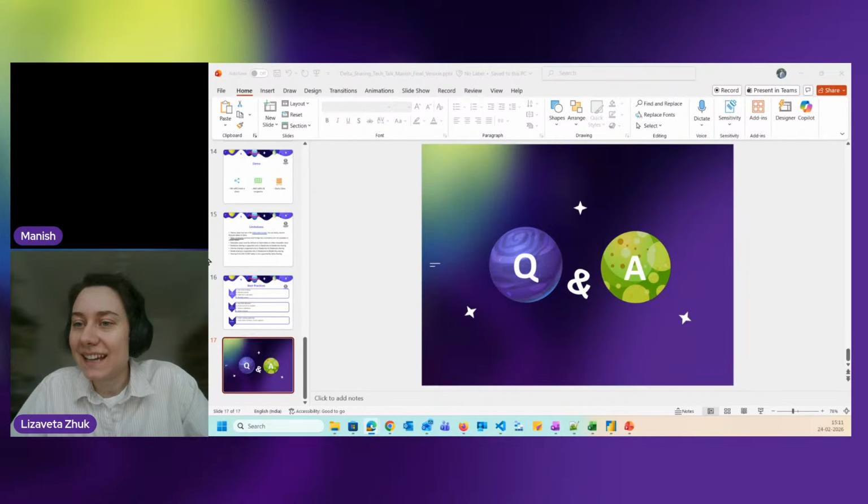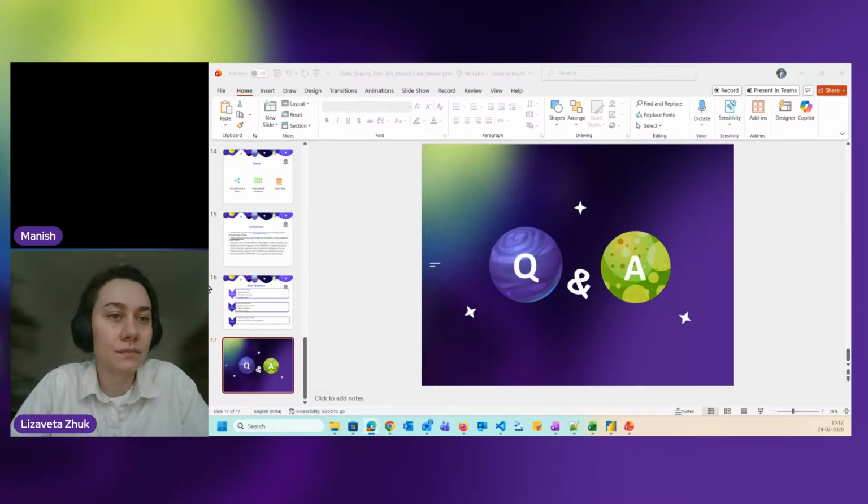Next question: must a receiver have Delta libraries installed to read the shared tables? No. In the demo itself, we had two Databricks workspaces. One was the source, which was the provider. The second was the recipient. We haven't installed any library to get the data. We just received the data. We provided the permissions to the user and mounted the catalog. So you don't have to install any libraries if you want to read the data from the data share at the Databricks workspace level. Good to know, thank you.